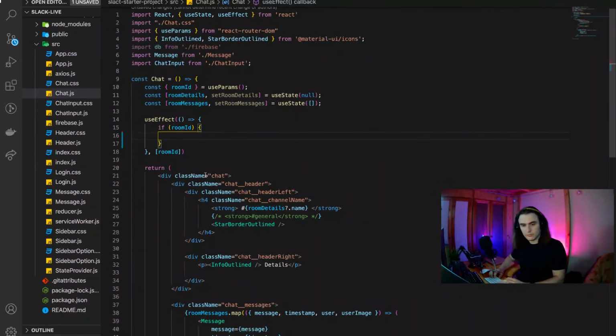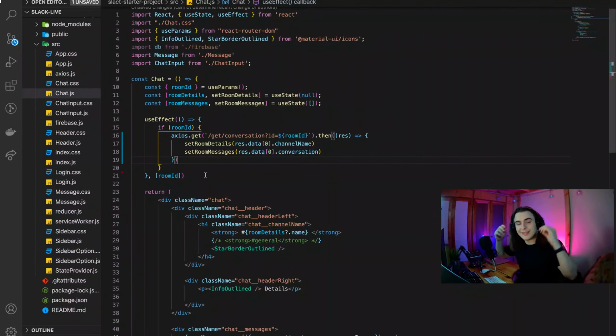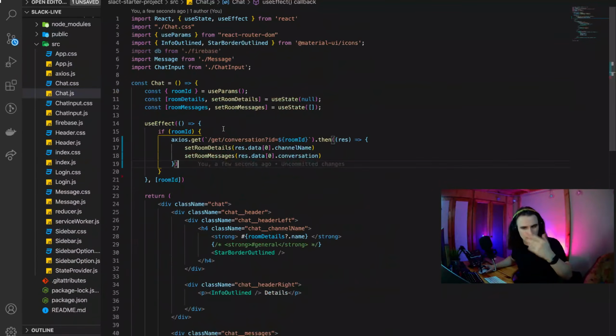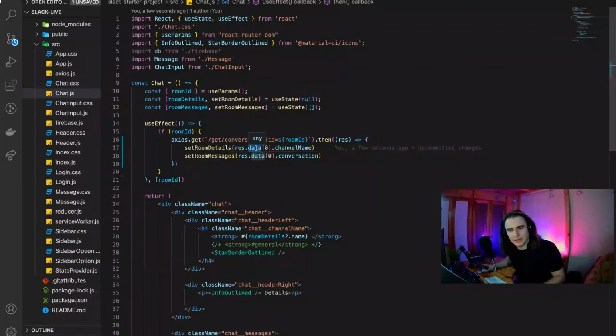So as backend developers, you want to help the front end guys, so that they will have more focus on making the product super crisp and awesome looking, instead of worrying about all these API calls. So what we will do is say Axios get and get the conversation for that specific room, right? So this is the query that we are adding at the end. And then from the response, we will grab the data, and the first, which is 0 in programming,